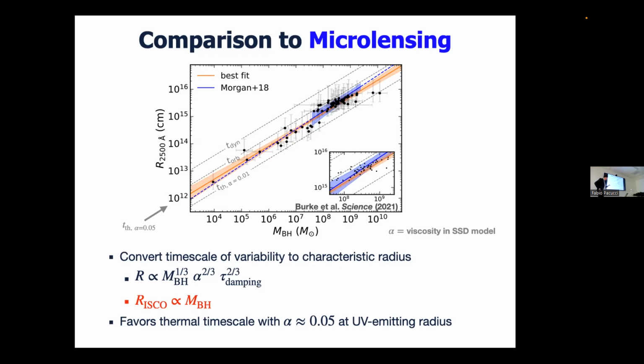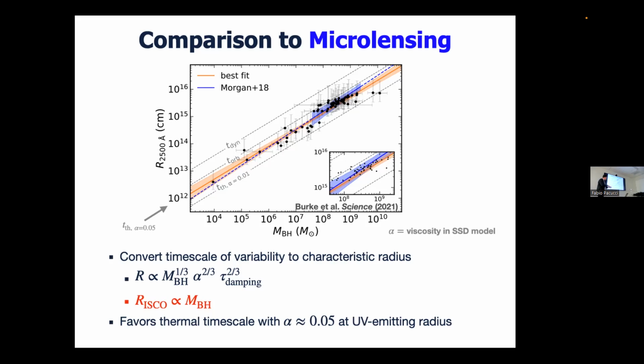So we think, let me put it this way, that the variability we're seeing in the optical should come from the optically emitting radius in the accretion disk. Okay. And so that's tau here. So we know tau,